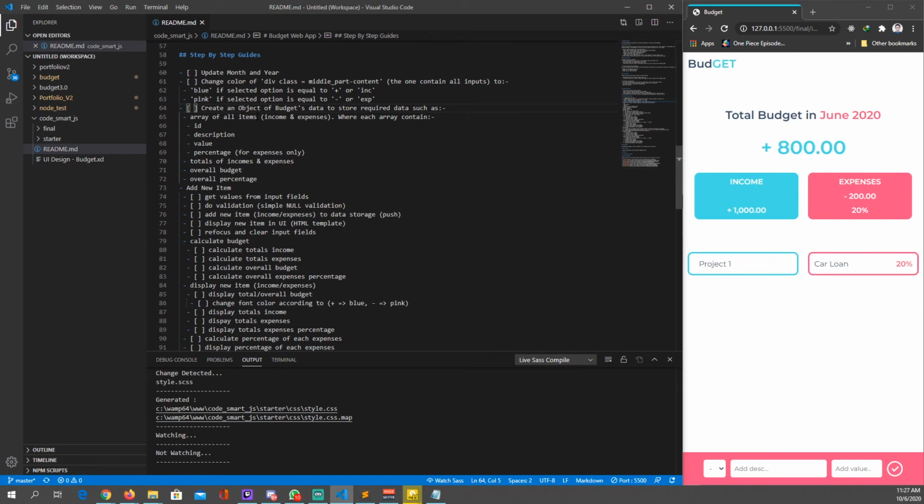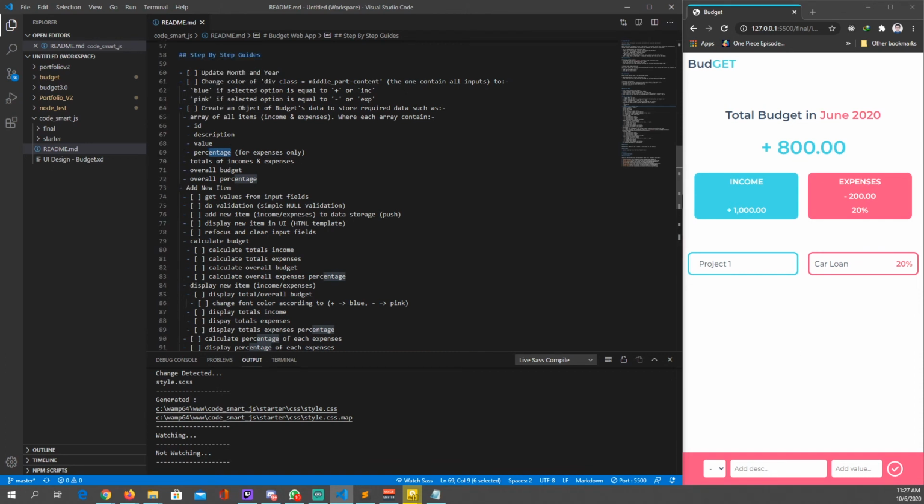So the object of budget data is going to consist of, first, an array of income and also expenses. Each array of income and expenses is going to have attributes of ID, description, value, which is basically what we put down here. We have description, we have value, and also we have percentage, but percentage only for the array of expenses.